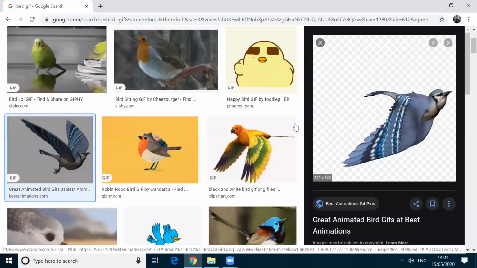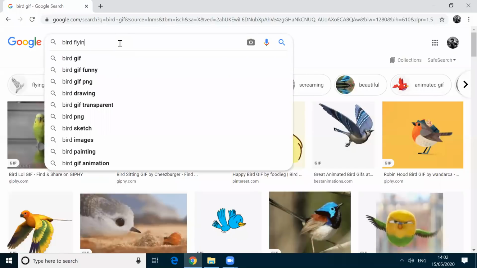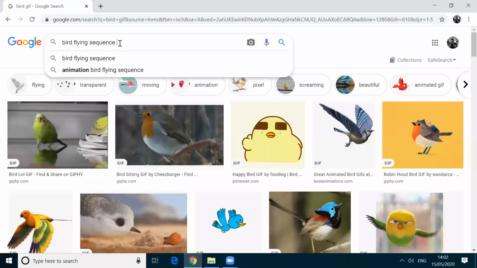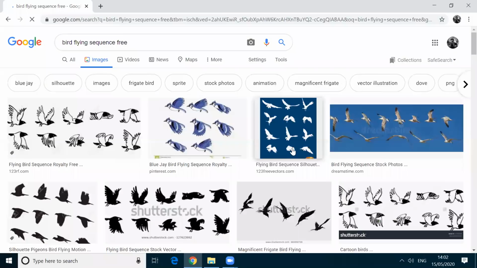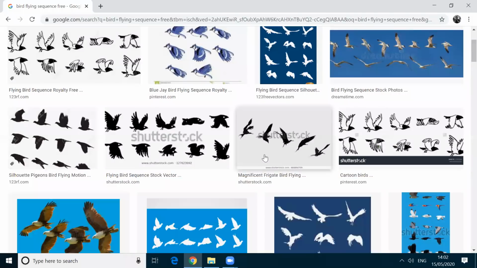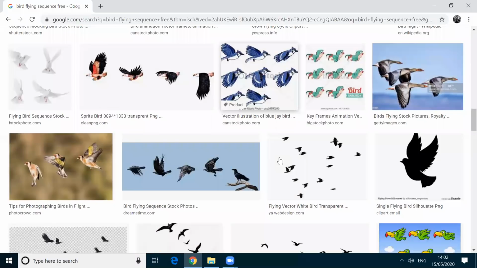So to create some GIF animation, we need some sequence of images, right? So here what I'm going to do is search for bird flying sequence for free. I'm getting some sequence of images.